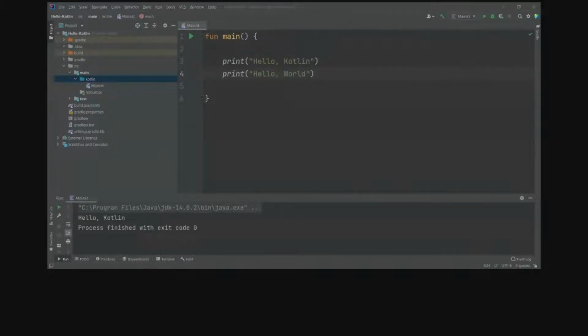Yes, this will print both the text on the same line. Now, as Aditya Kumar Jaiswal has written, we can use escape sequence here.